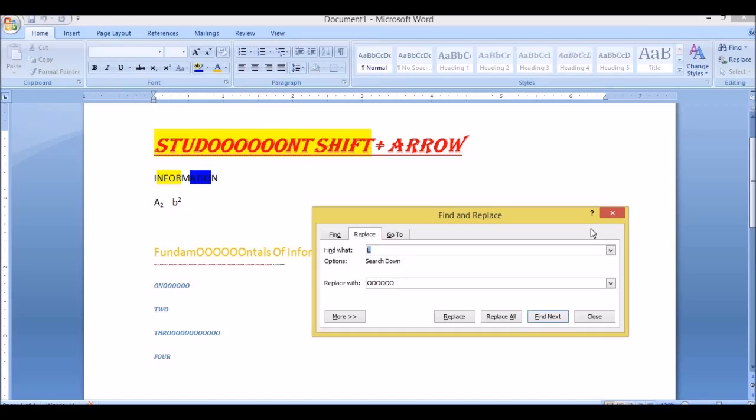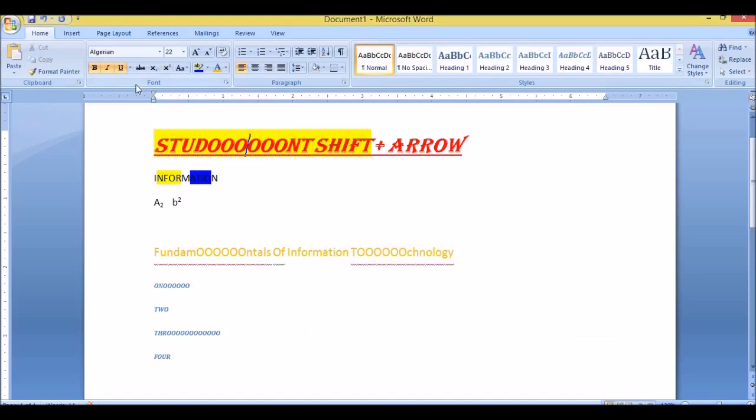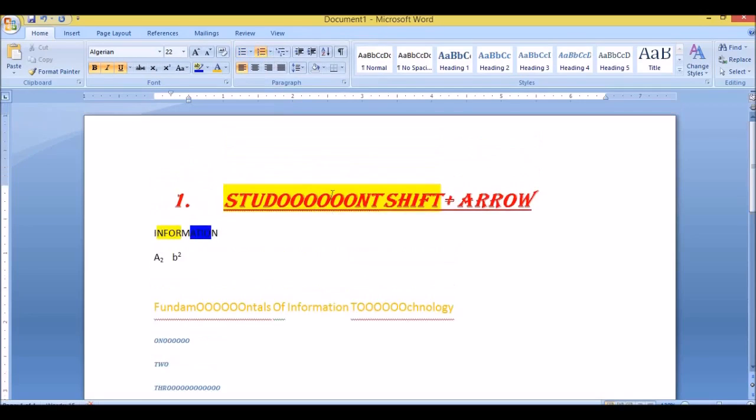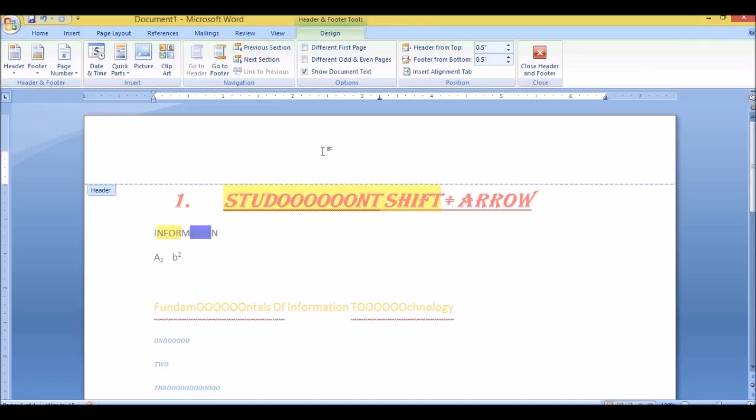So this is the Word document. For Word document creation and editing text, editing text is nothing but using the alignment options, bold, italic, underline, font and font color. Adding and formatting numbers is your bulleted and numberings. One important thing is, if you want to insert a header and footer into your Word document, you just take your cursor to the top of the page and double click. The header page will open. Usually in books, the book title will be in the header and the page number will be at the footer.